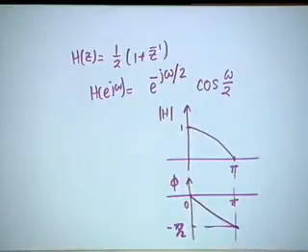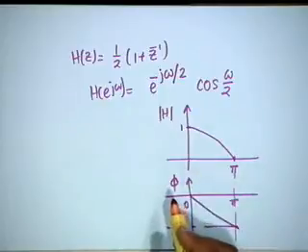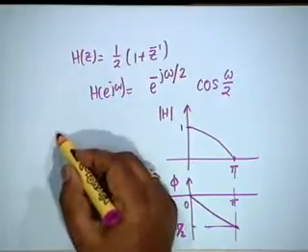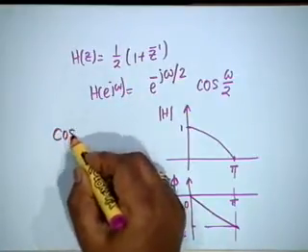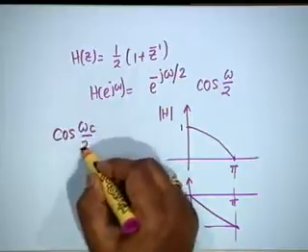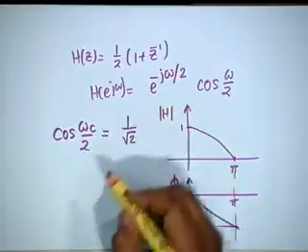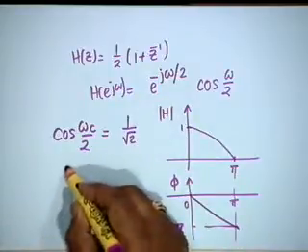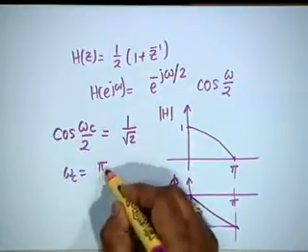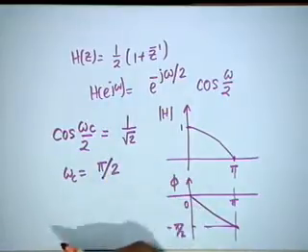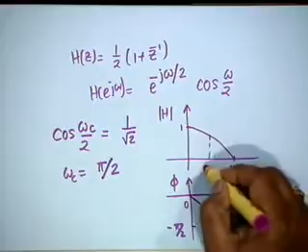So, we are comfortable. Okay. Now, if this is a low pass filter and let us say 3 dB cutoff, we want to find out omega c, then what we want is cosine of omega c by 2 should be equal to 1 by root 2. Agreed? And obviously omega c is equal to pi by 2. Cosine of pi by 4 is 1 by root 2. So, exactly halfway between them.